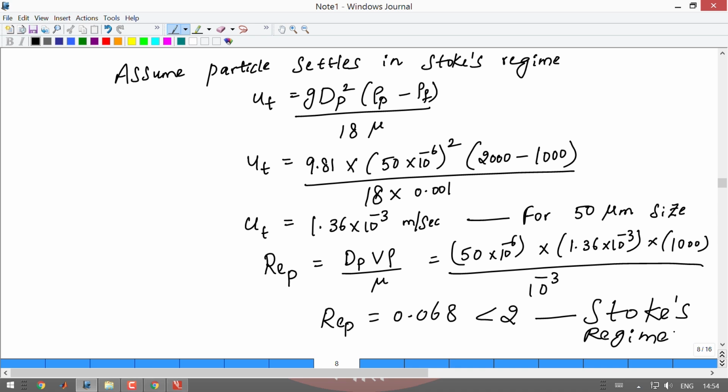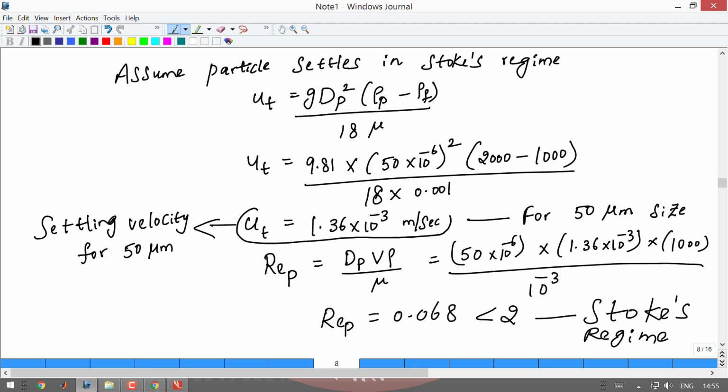So, if we pump the water with this velocity, which is the settling velocity for 50 micrometer particle, all the particles of size less than 50 will be carried upwards with the water, and particles of size greater than 50 micrometers will be settled down, because this is the terminal velocity of the 50